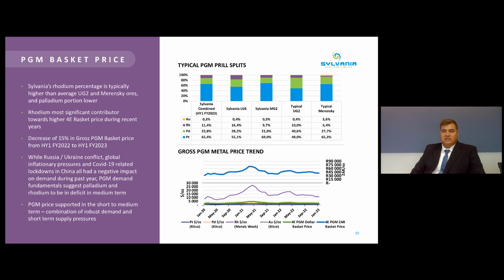palladium. And one of the reasons there is that these metal prices have declined in dollar terms to a large extent because of the strengthening of the dollar, and not necessarily because of the strength of the metal. I think in terms of euro, rands, and some other currencies, the metal price actually stayed quite consistent. So just worth noting. So when we look forward, which is probably more important, is